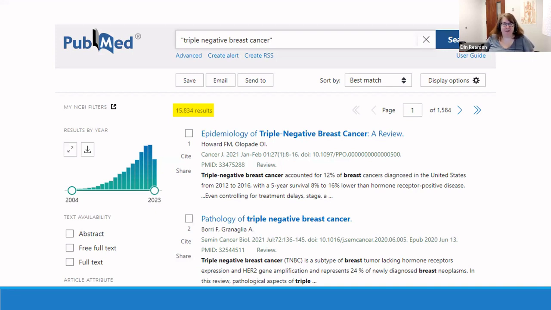Like, is this getting me what I want? Am I going to miss anything that's relevant? And we're thinking about doing this in the context of comprehensive searching. And so that's when you want to make sure that you are capturing all of those relevant articles. So you will want to kind of test it out and see like, well, what am I finding in this search that I'm not finding in this other search?